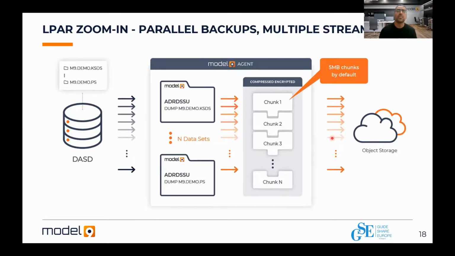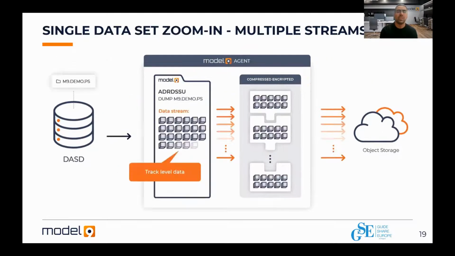If you compare this to a tape system that is writing sequentially, you might have multiple tapes, which is similar to this scenario. Each one of them is going to be a single stream. So latency comes into play when we're using single streams. This is just the default chunk size we send to AWS. It can be increased, it can be changed within the product. So I'm going to zoom in and talk a little bit about that single backup issue.